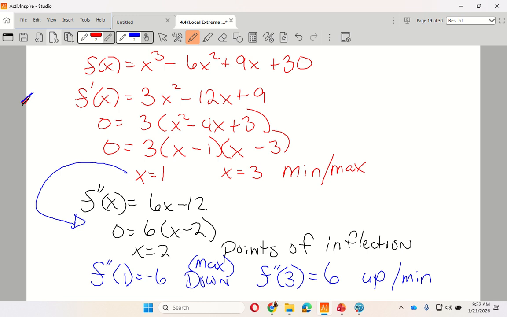When your first derivative is a whole number and you derive it. So it's not derivative again, right? So it's not twice differentiable. That was key, and that was the vocabulary that they were trying to say. So twice differentiable means that you could take the first derivative, it's all continuous through there, and you could take the second derivative, it's all continuous through there. So if we can't take the second derivative, then you are stuck with first derivative tests, draw your number line,